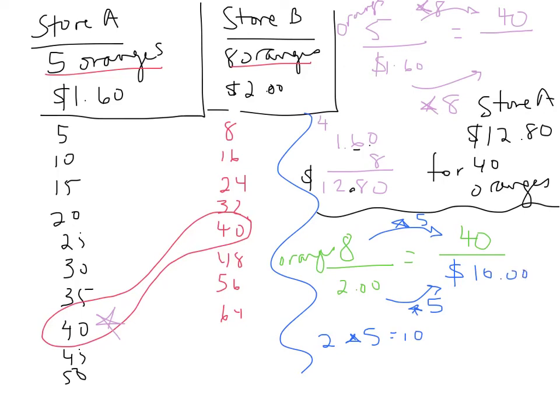So I can see this is another way I get the same exact meaning out of my problem, but that here at store B, I know I could buy 40 oranges for $10, whereas at store A, I could buy 40 oranges for $12.80. And it's really pretty obvious this way also. On the last one, the 25 cents, 32 cents, it's not that different, 7 cents an orange. But I think you can really see here as the numbers of oranges get larger, that we can really tell that I'm going to end up spending